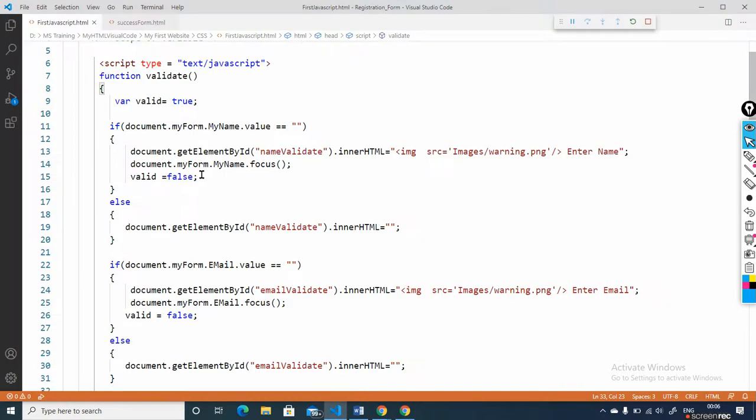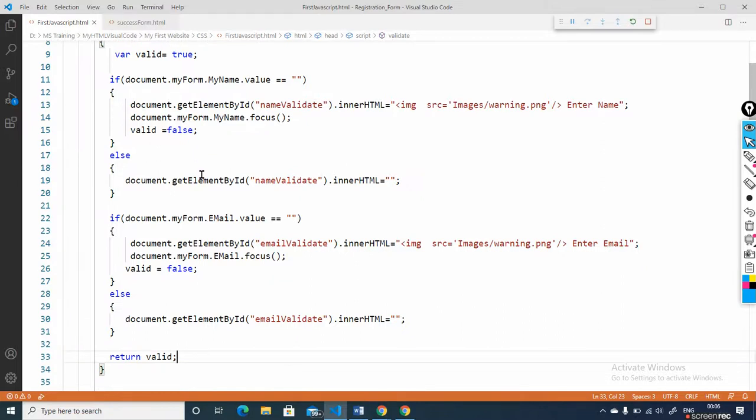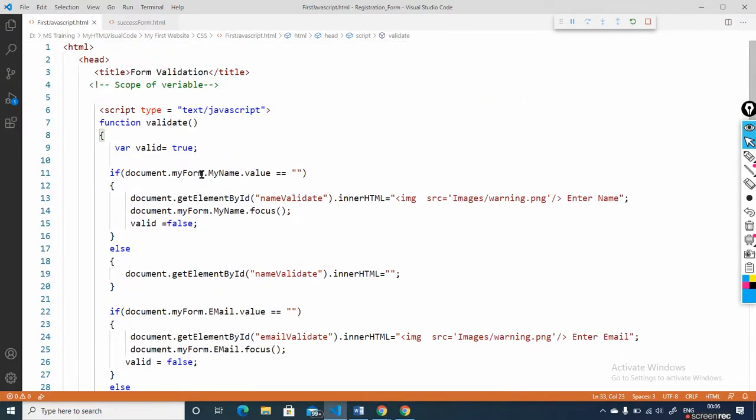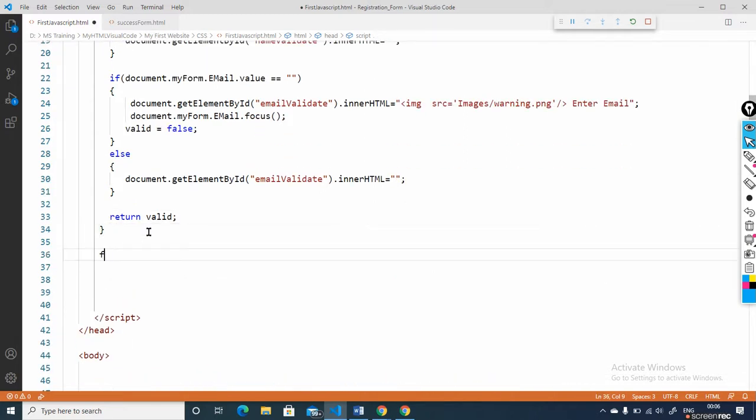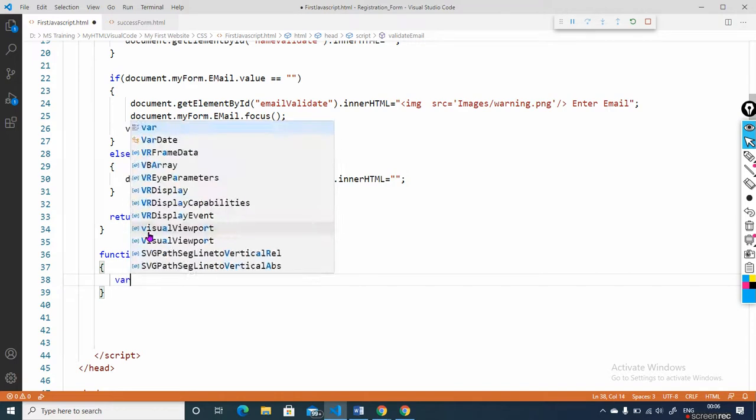Okay, so to validate the email address, I will write a separate function. Let's see how we can validate the email address. While validating the email address, I write here function validateEmail, and curly braces, and I say I need to take the value of email ID